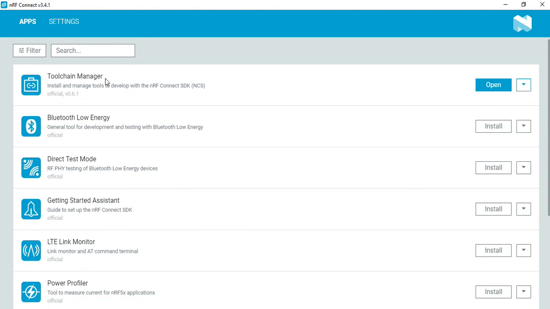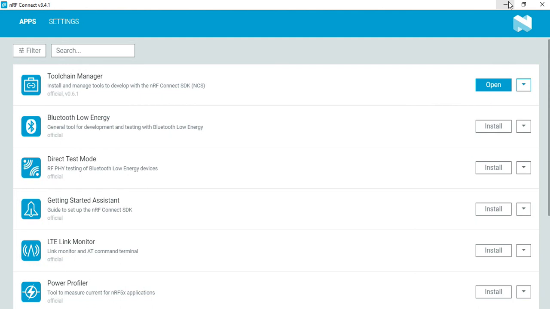The nRF Connect SDK is called NCS. When you download, you will have a folder called NCS, within which you will have all these details. You can install and click this, and all the examples and library tools that are required shall be installed through this SDK.